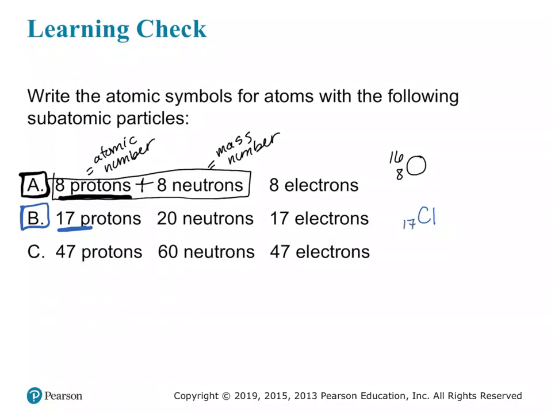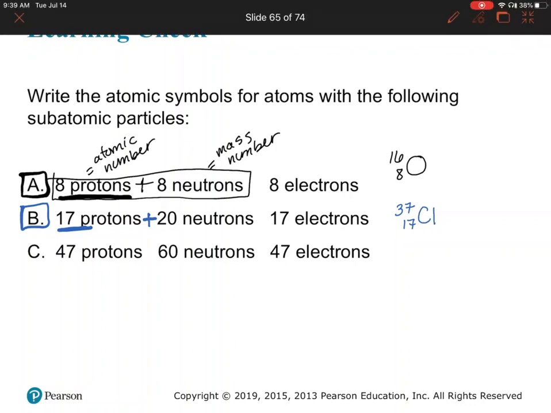And now we have to figure out the mass number. So we're going to add the number of protons to the number of neutrons. So 17 plus 20 gives 37. Okay, so that's chlorine 37. That's our isotope. All right, so now for the last one,